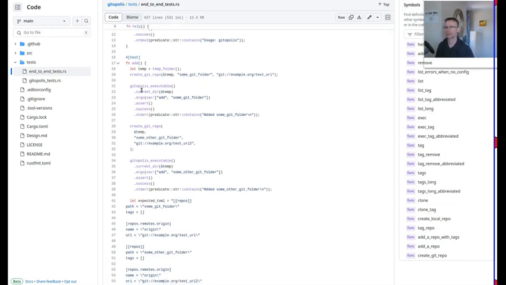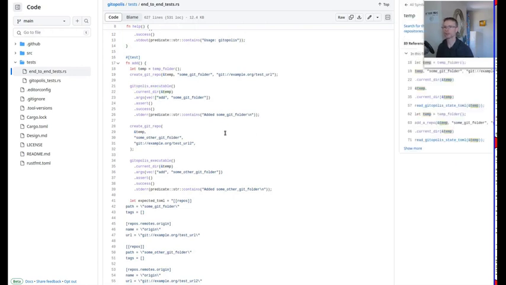So we can say we're going to execute gitopolis in the temporary directory, and we are going to call the add argument with a Git folder that we have set up, and that setup is creating a real Git folder on a real temporary folder, which is obviously slower, but it's a much more thorough test that everything's behaving. We can check that the standard error comes out correctly, and